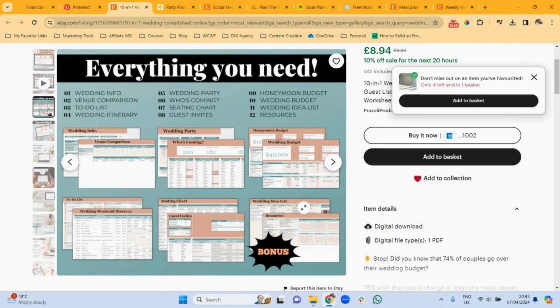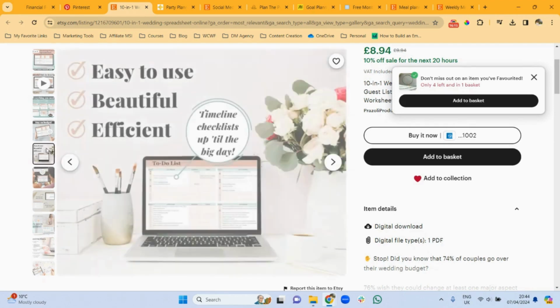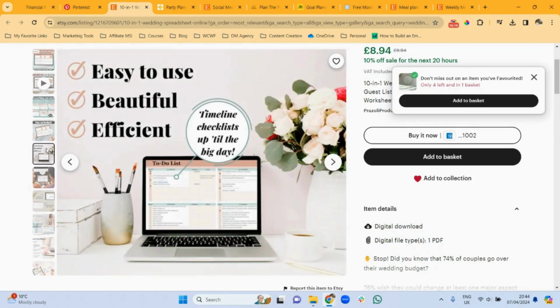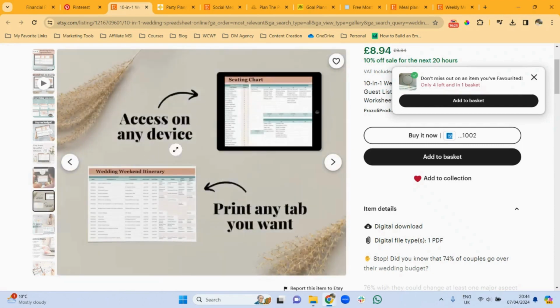So imagine how you are able to help your customers. You can create spreadsheets that share a guest list or an RSVP tracking, budget management, vendor shortlists. This kind of spreadsheet helps customers to keep on track and make sure that nothing falls through the cracks. If you're someone in the event management industry or the hospitality industry, think about how you can create one of these and sell them to other event planners.